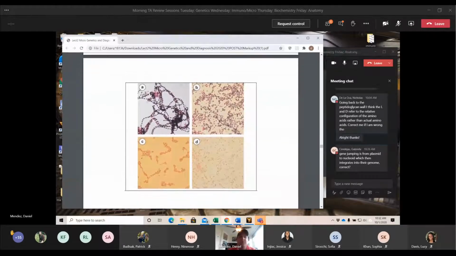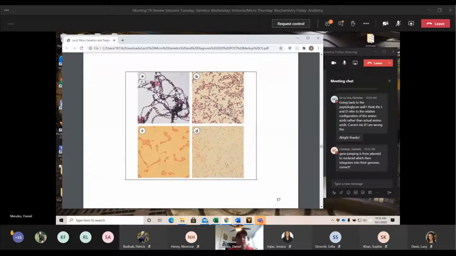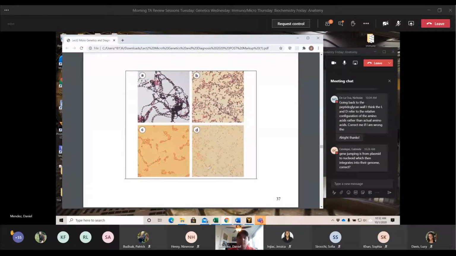And here are some examples of gram stains. A and B are gram positive. You can see here he's got gram positive rods, bacilli for A, and then B are going to be cocci. And then here we have the same thing, rods on the left, cocci on the right, and C and D are gram negatives. So you can see the difference in color between them. It's pretty evident.